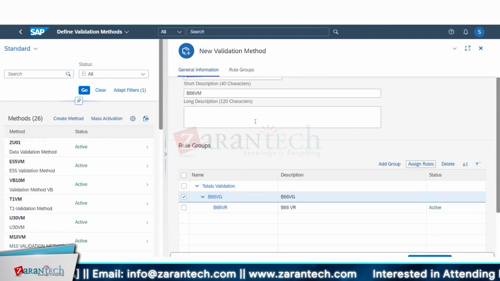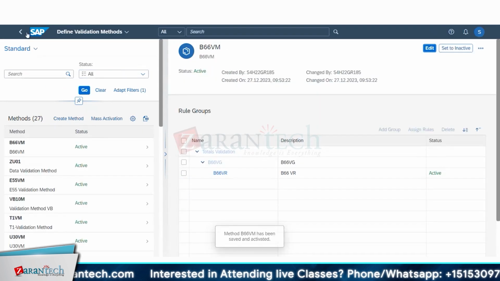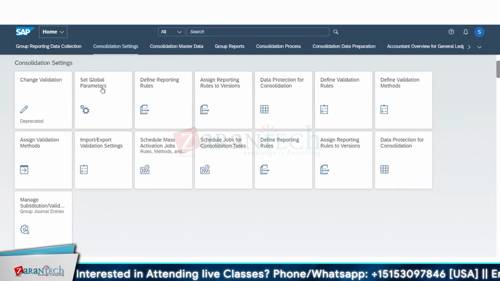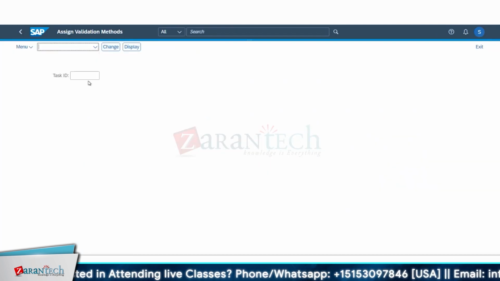Why this group is, when you run your validation, it groups by this. When it displays, it groups by this, so you can navigate down and check. If you have multiple, you can have a grouping created and do it. Again, activating this. Fine. So now once we have this validation method, assign validation method here where a